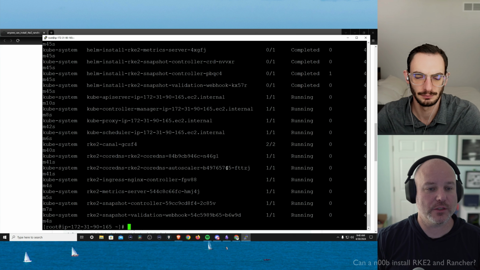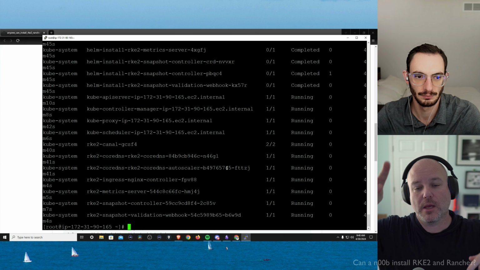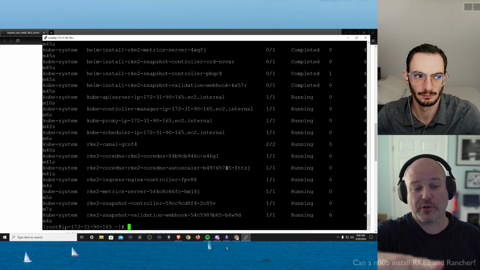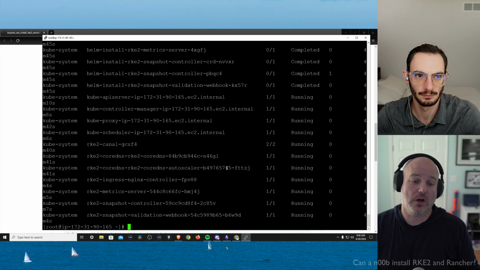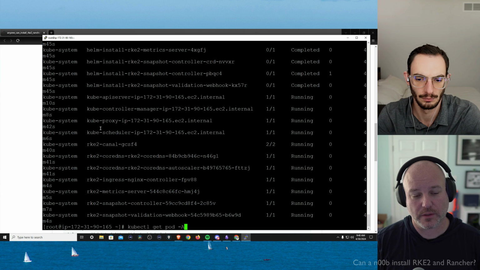Yeah, which you can do. We've got the font pretty high for visibility, but if it was smaller or your window was bigger, you would see them all lined out, and you would see that first column is the namespace. Okay. And the other cool thing, so hit the up arrow. And we'll do this a little differently.